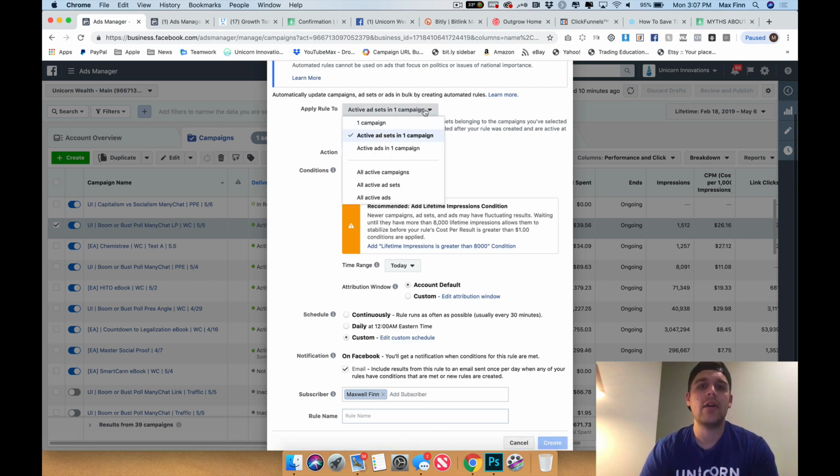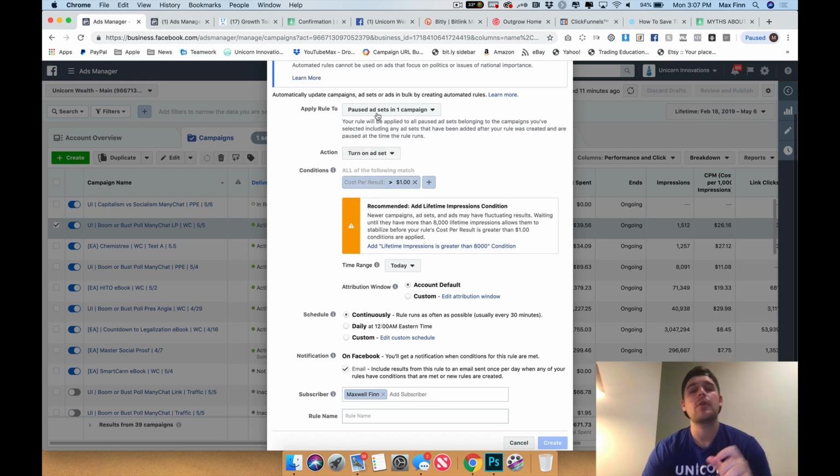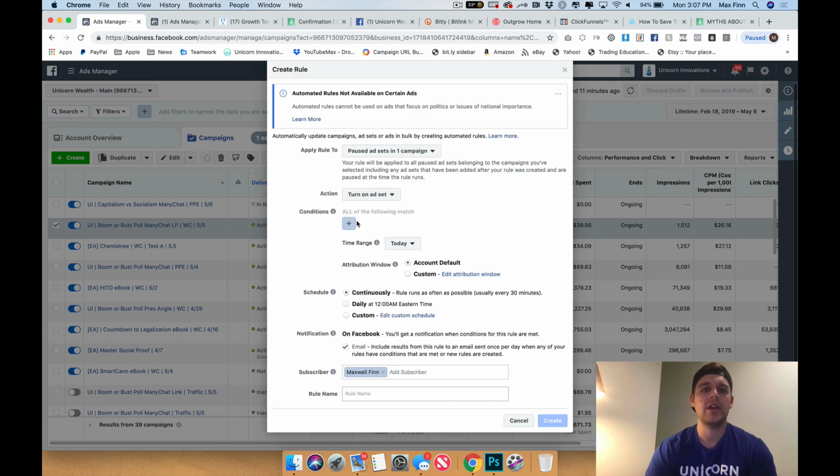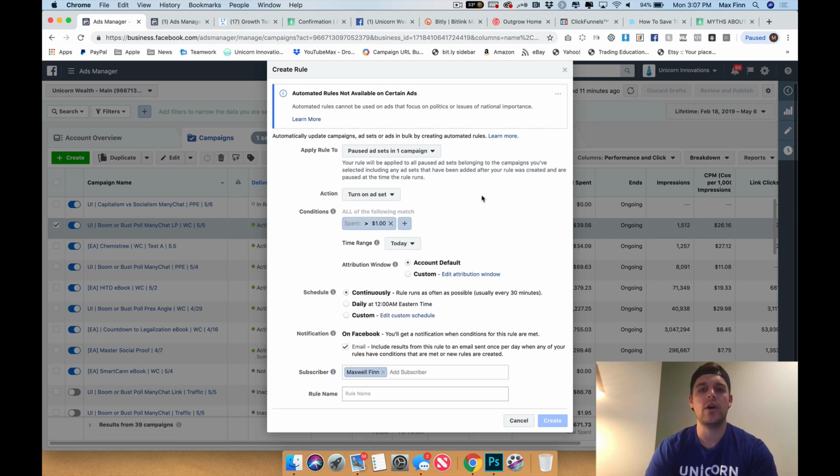So what I want to do now is all active ad sets. I want to change it to turn on ad set. Now it's going to apply only to paused ad sets. So the rule I want to put in here is spent greater than $1 yesterday. So basically I'm telling Facebook, hey, any ad set that's paused, that spent more than $1 yesterday, turn them on daily at 12.